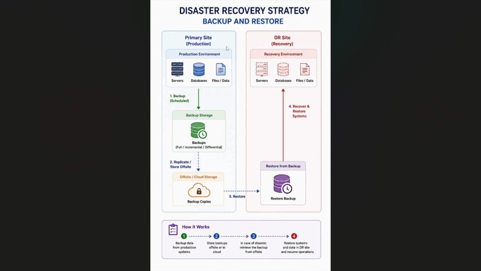in disaster recovery strategy. You have a primary site which is up and running, and there is a scheduled backup happening at regular intervals. The backup copy is also sent to the DR site. We are just sending the backup; the disaster recovery site is not ready. Now suppose your site goes down. Then you first have to restore the backup from the backup copies. Once you restore the backup, you have to bring up all the servers, databases, etc., whatever is required in your environment,